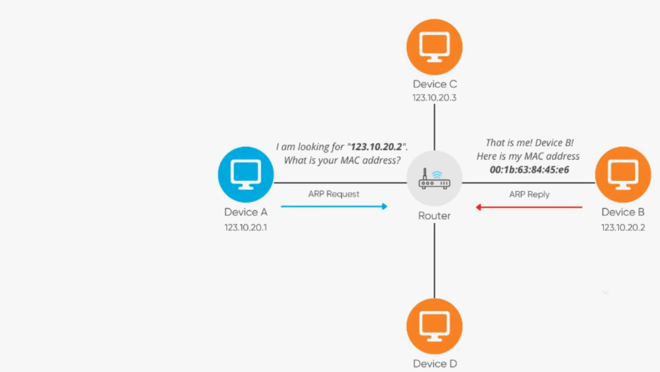Now let's talk about the ARP demo. Here you can see there are 4 devices: A, B, C and D. Device A has the IP address 123.10.20.1 and wants to talk with device B, IP address 123.10.20.2. Device A only knows the IP address but doesn't know the MAC address, so that's why it